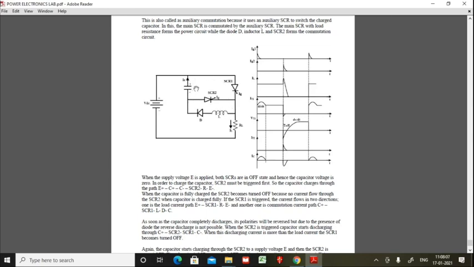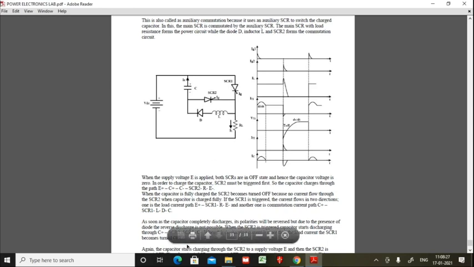In this process the capacitor discharges and gets reverse polarity, but that reverse polarity cannot come through this path because it is opposite, and it has to be discharged only through this path. So we trigger this, and once we trigger it we turn SCR1 off. This is how it works.